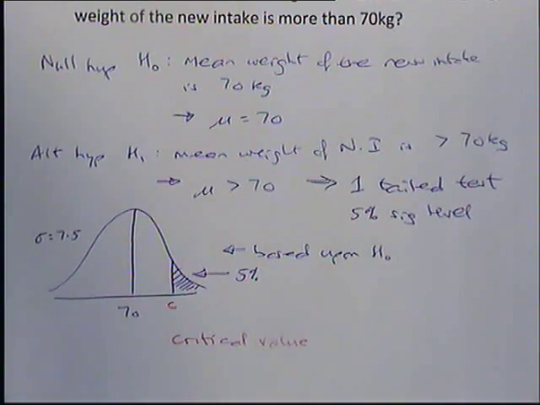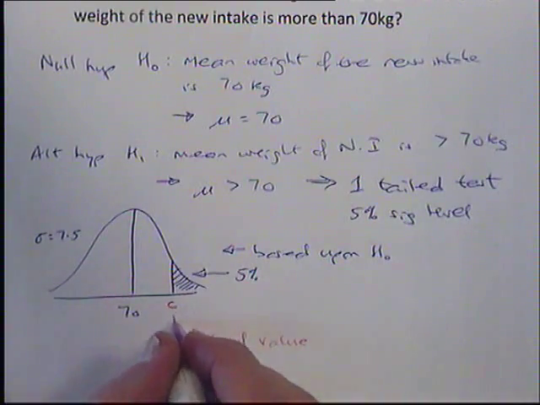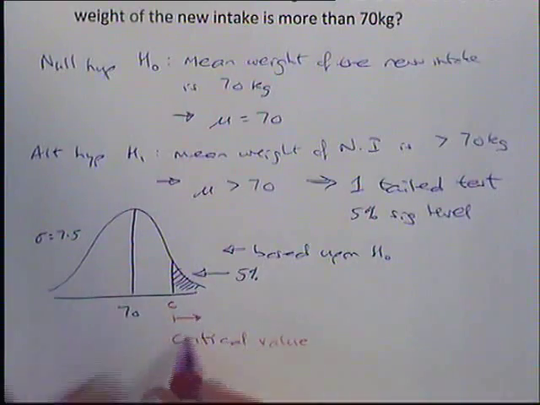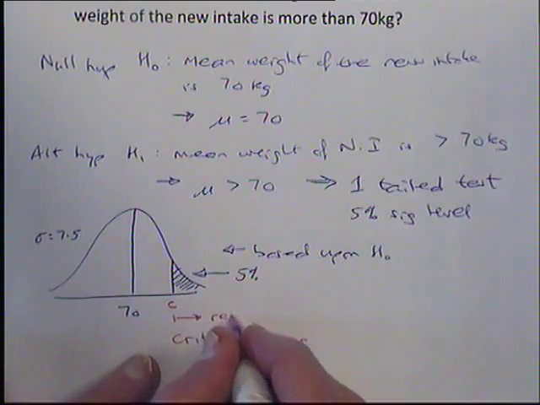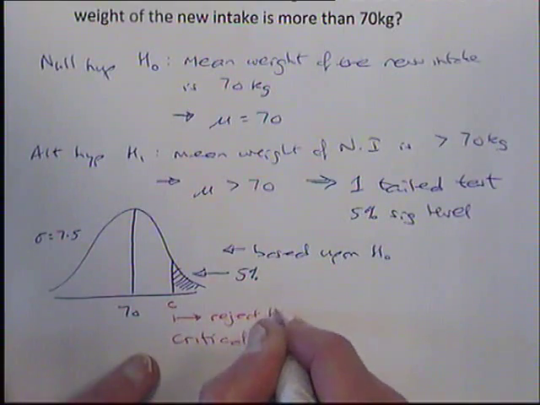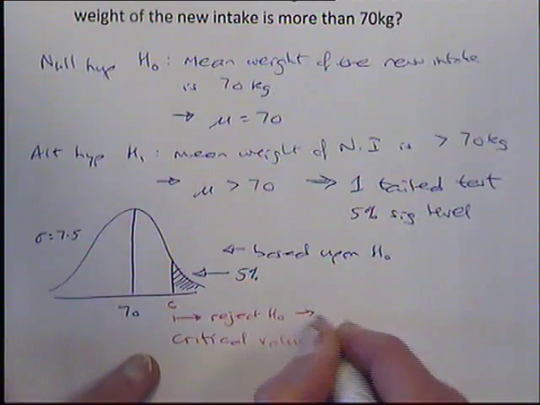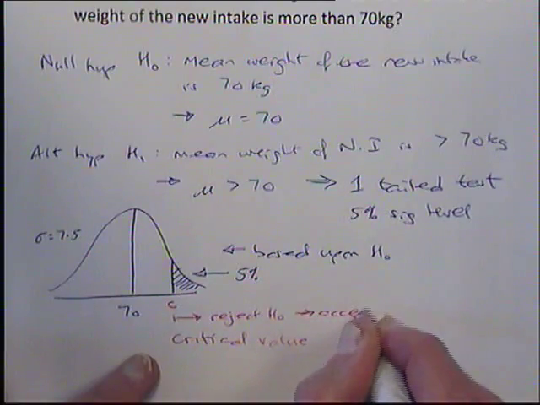If the sample mean is above that critical value, if the sample mean is in this region here, we're going to say, no, there's something different about these kids. What we will do is we will reject H0, which leads us to accepting